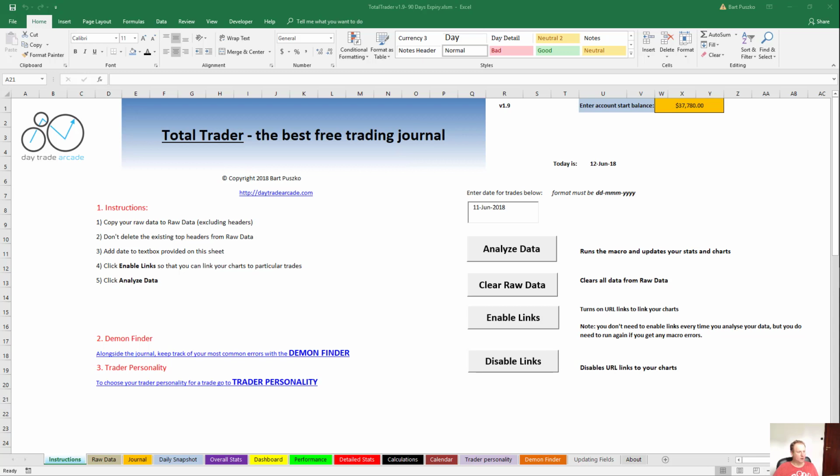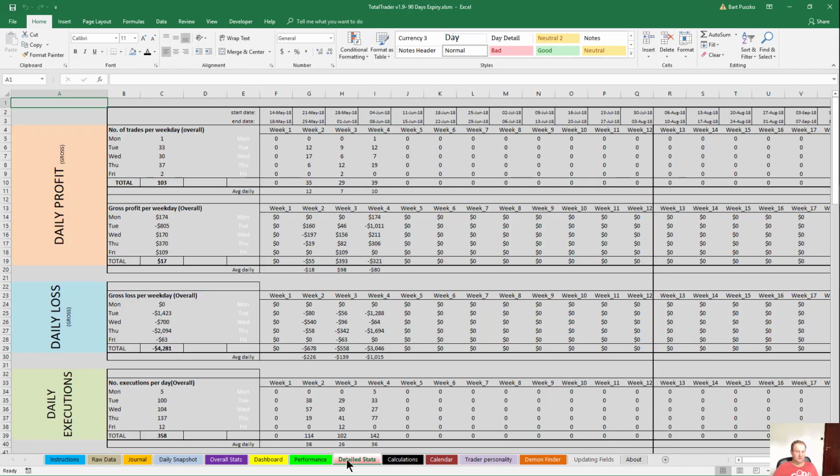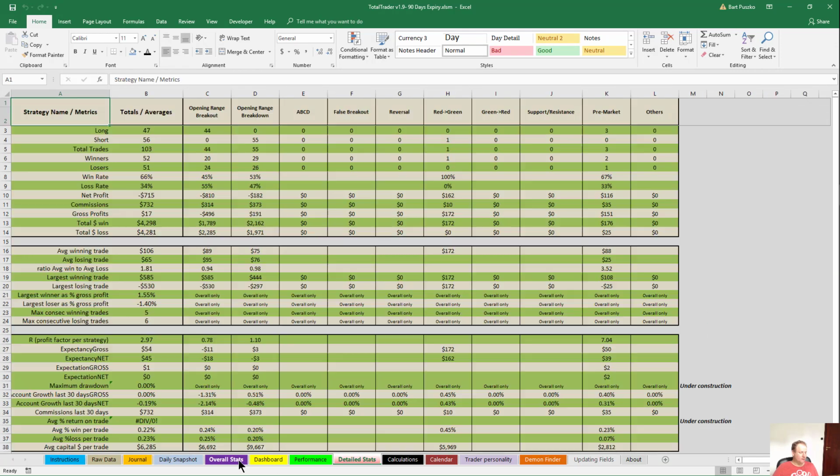Now this time we're going to be covering how to use the metrics: overall stats, dashboard and the performance. There are 4 tabs you need to be made aware of: overall stats, dashboard, performance and detailed stats, right? Those 4. The first one, overall stats, is very common to a lot of the metrics that you will